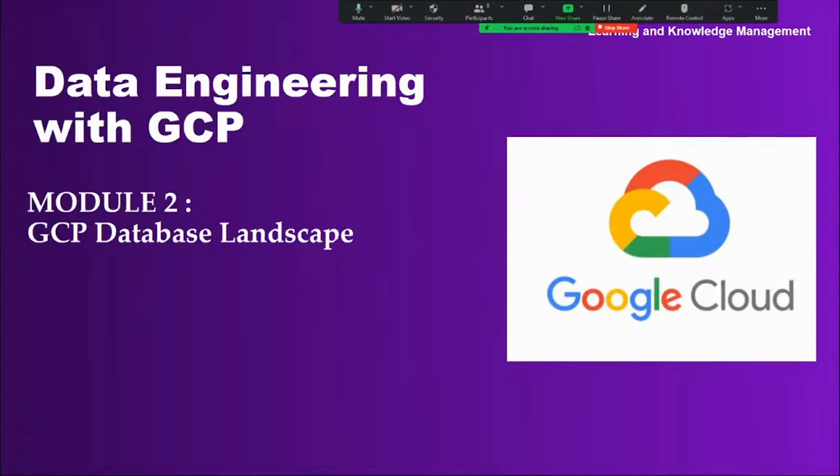From today onwards, we're going to discuss the very first topic: in GCP, we have the GCP database landscape and big data landscape. One by one, we are going to start. In the first half, I'm going to explain a few concepts related to databases, that is Google Cloud Storage. And after that, we're going to start with